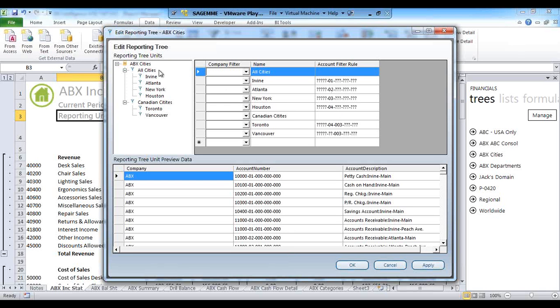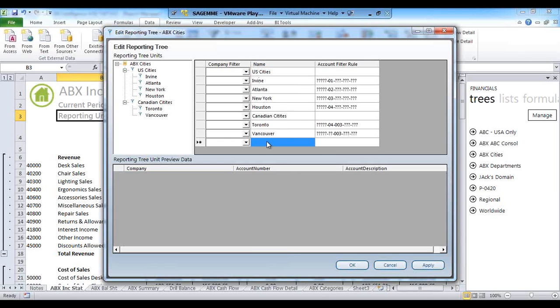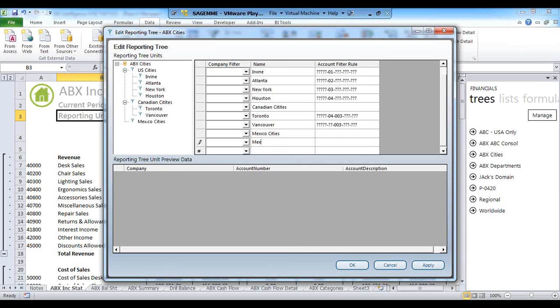This is easy enough. I've got my cities, all cities. So let's change this to U.S. cities. We've got our Canadian cities. If we wanted Mexico cities, let's see, we could add one. I'm going to spell it. Let's just do Mexico City. It's a little duplicate there, but rather than me have a spelling error,